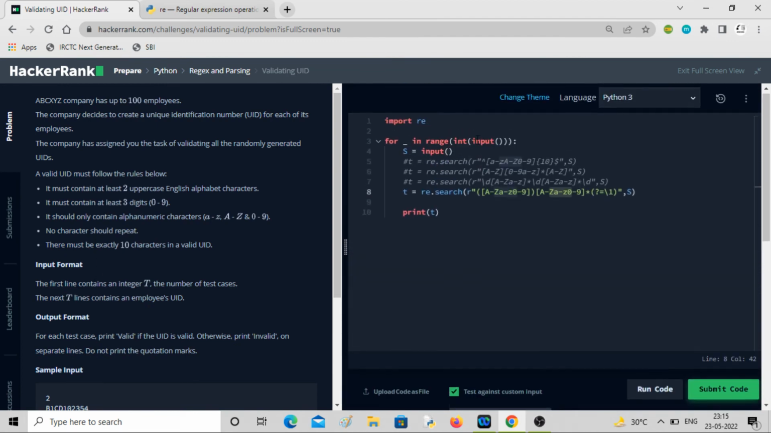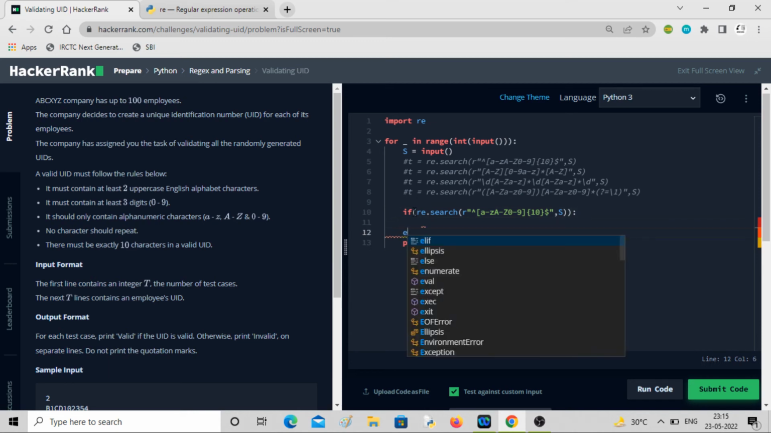So now I'll merge them into one. So let me comment this. So you can see you can't combine all of it in one regex expression. So that is the problem. So that's why I did it separately. So let me write if. First we will check for the length. Control C. So first I will check for length, which is this. If the length is met, I'll check for other condition, else